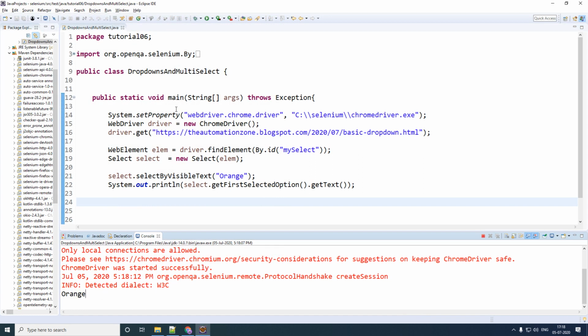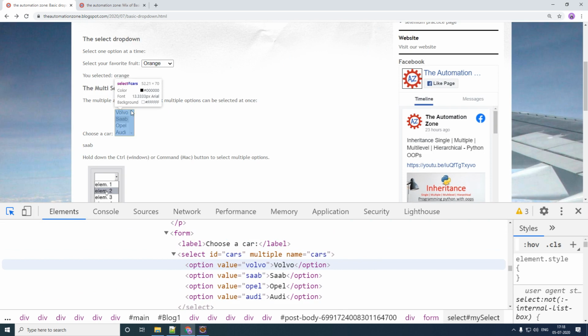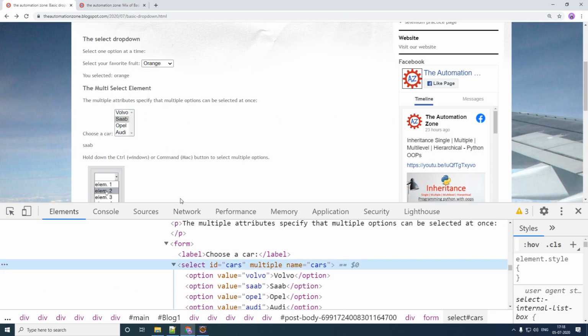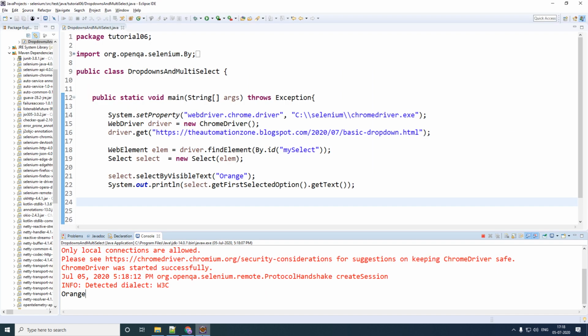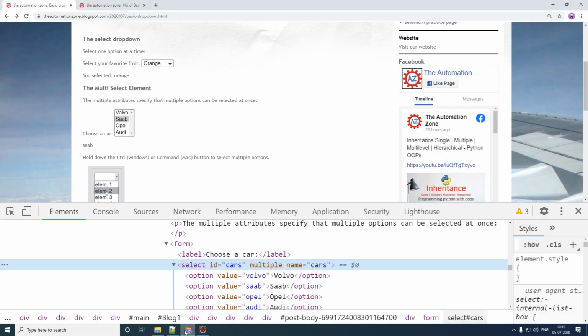Now that we have learned how to select values and return the selected values of a dropdown, we will now learn how to handle your multi dropdowns or your multi-select elements. Now the steps are going to remain the same. We again use the inspect tool and inspect your multi dropdown. Now here again it needs to have the select tag only, and this time it has got the ID called cars. So let me copy the ID and let me make changes from my select to cars. And in this way your select object here is not pointing to your drop down, but it is pointing to your multi select element, which is this one right here.